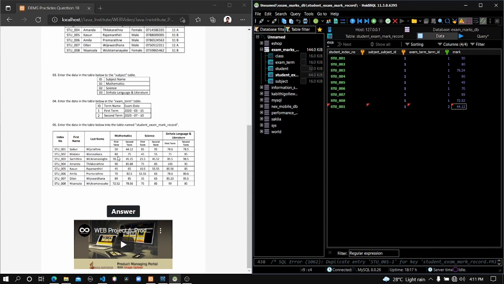I am inserting the marks belonging to the mathematics subject in the first term, and here we completed that one. Then I tried to enter the second details, the marks of the second term, and you can see the error was shown